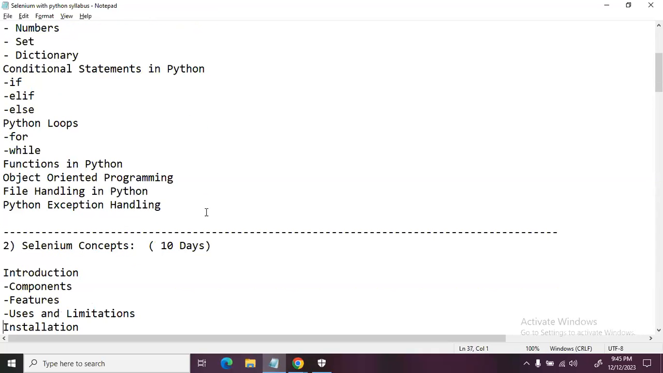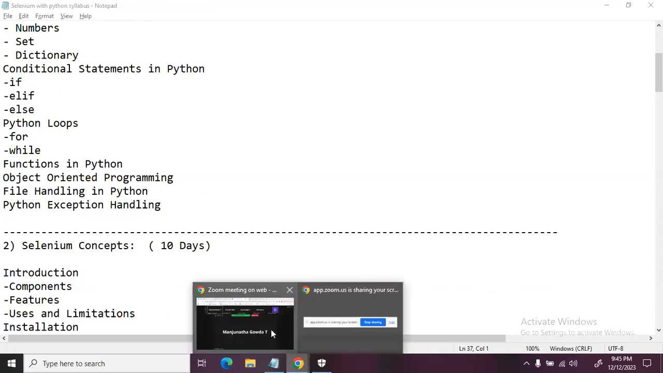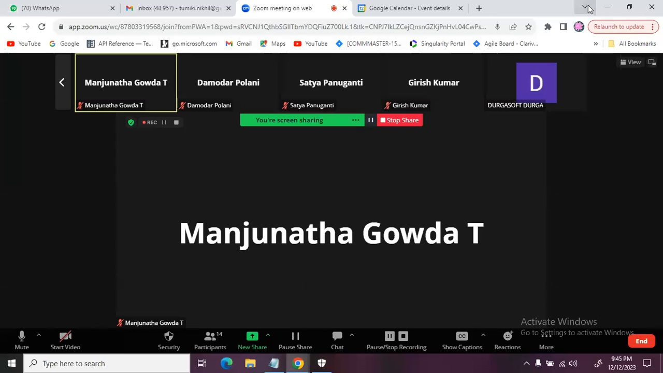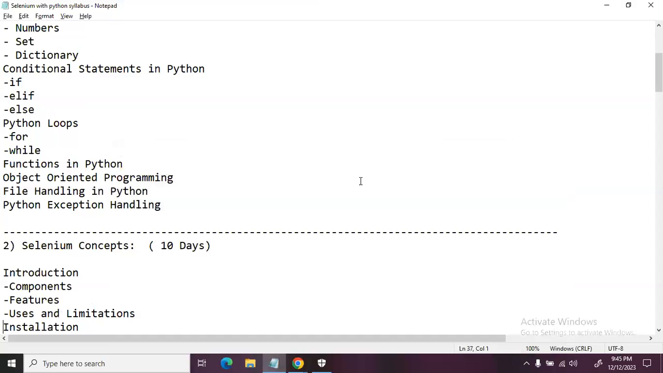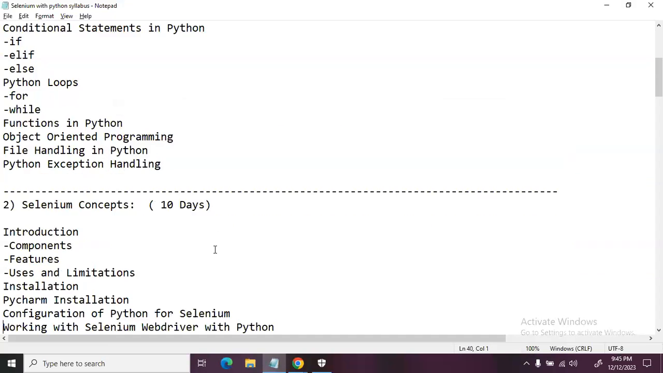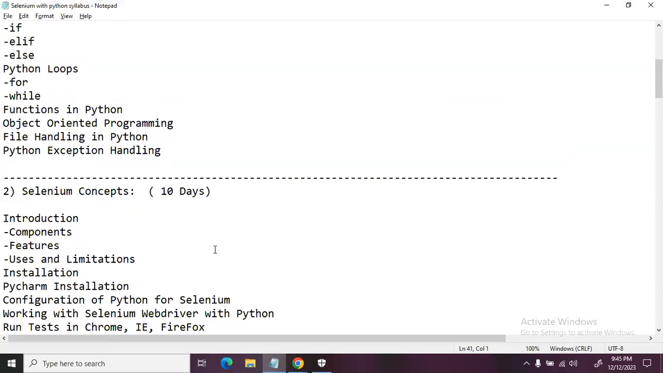And then the next thing is Selenium. We will next go with something called Selenium. In Selenium, for 10 days, we are going to see every concept of Selenium, such as